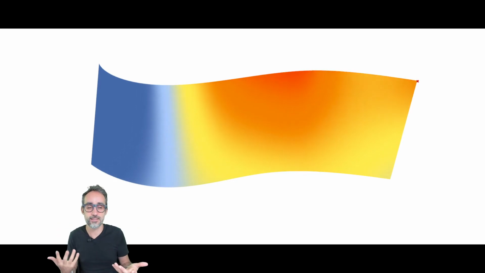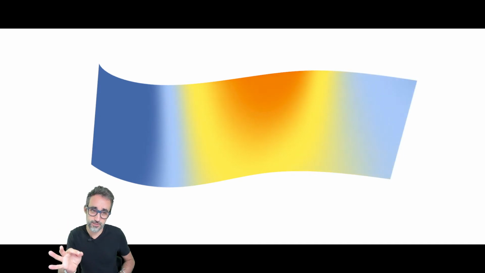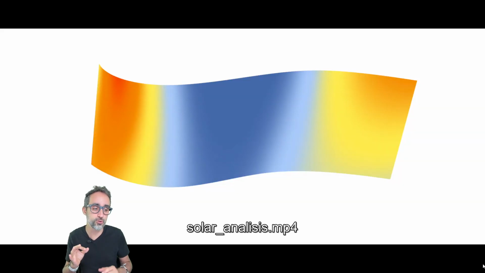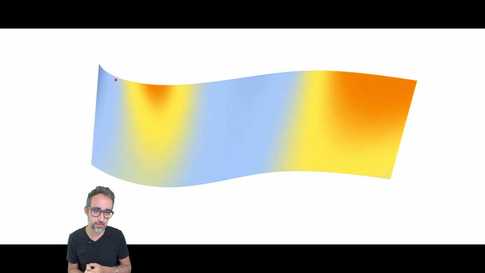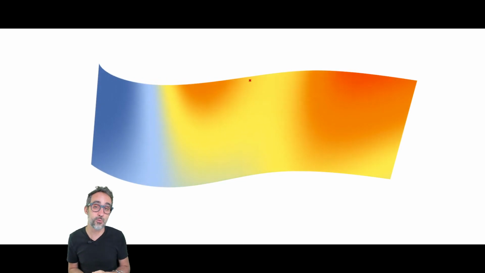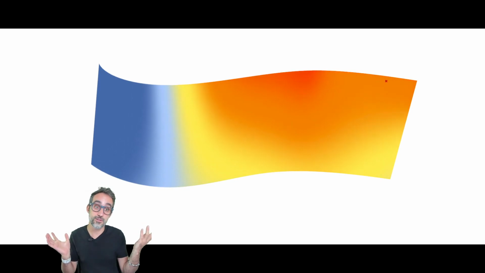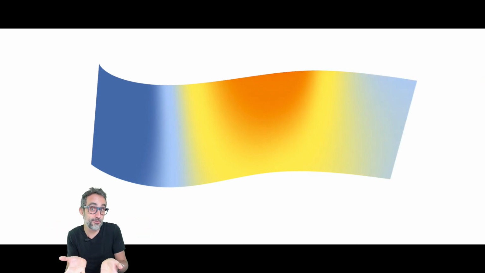Real solar analysis is way more complex than this, but the idea of using meshes and using mesh color to represent and to communicate this analysis is actually a very common technique. So the way this can be done manually in Grasshopper is the way we have seen here on this exercise. I hope this was fun and this was exciting for you. And I hope you learned something with this.